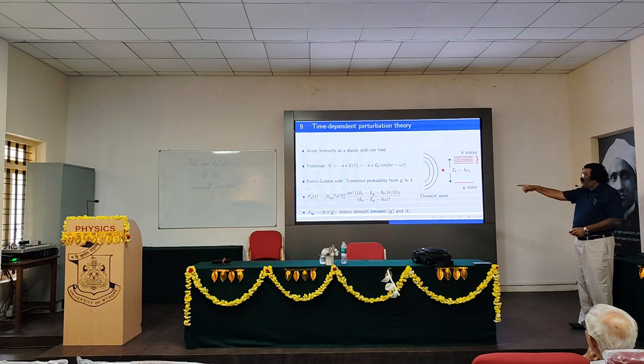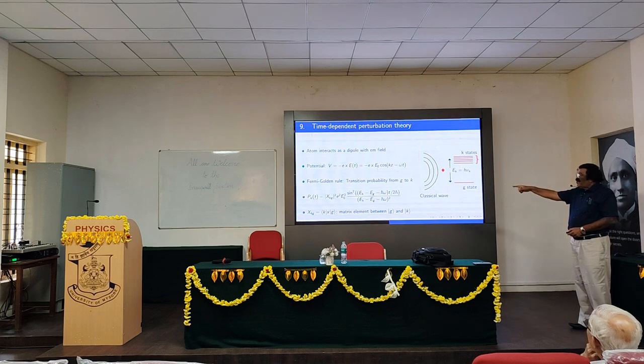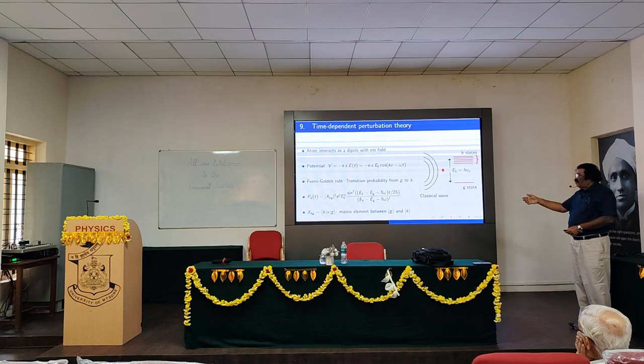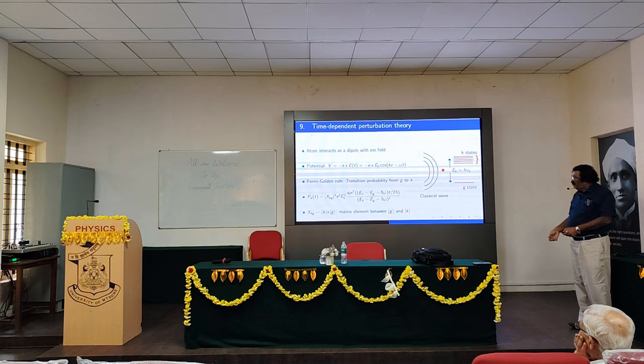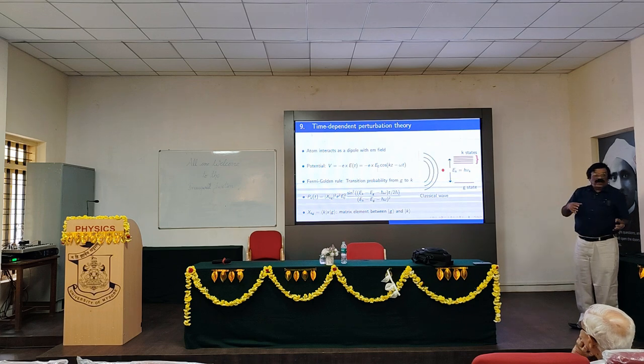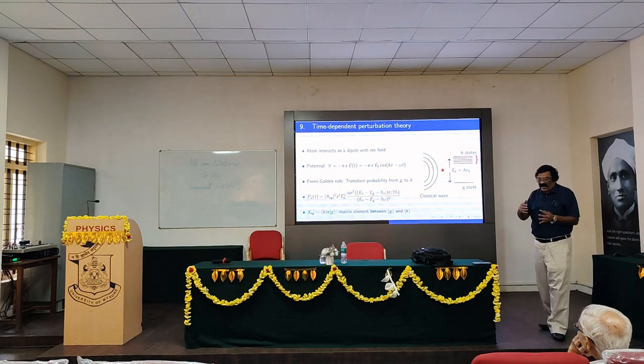So the Fermi golden rule you derive, and that means how many transitions occur, what is the transition rate with respect to time, how does it change with respect to time, etc. It is given by this matrix element. This matrix element is one important contribution from quantum theory.